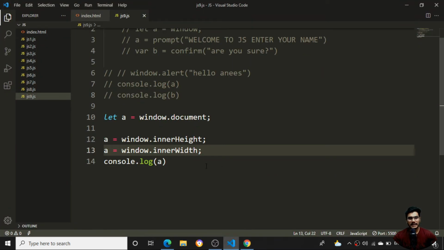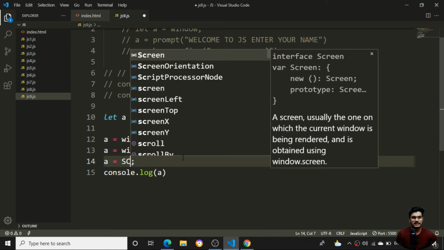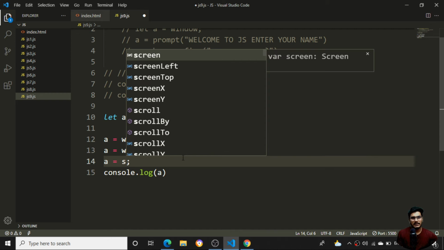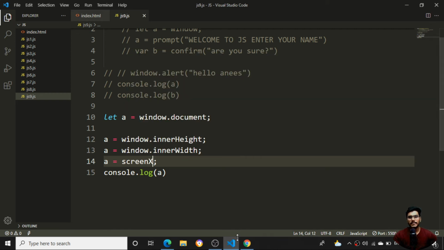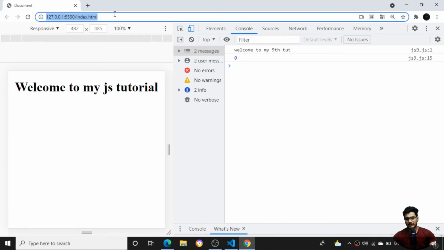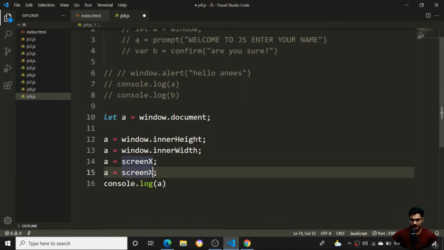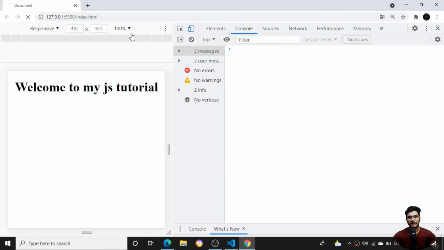Along with that, I can check something like the screen, what the screenX is here. The screenX will be returning a 0 over here, so the particular screen position is 0. Again, if I enter, it is returning a 0. Then I have one more, screenY. If I enter it here, it returns the particular screenY. Because I am not scrolling the other stuff, it is 0.